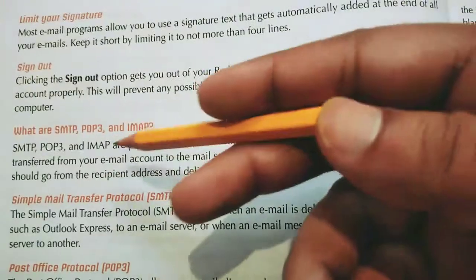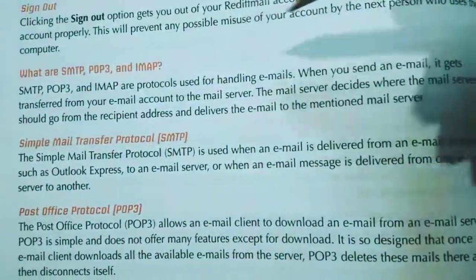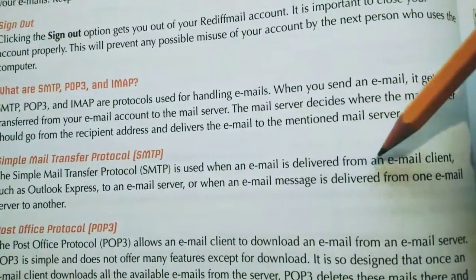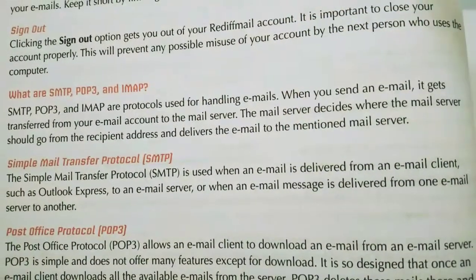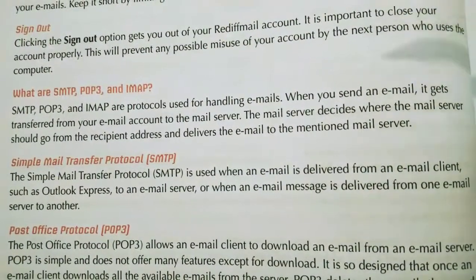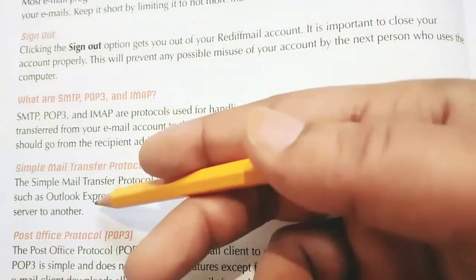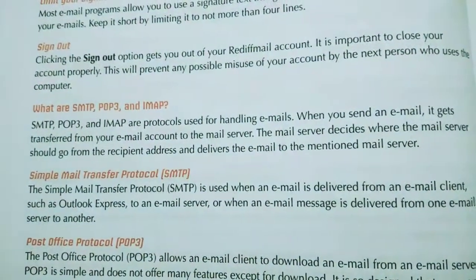Now one by one, see what is SMTP, Simple Mail Transfer Protocol. Simple Mail Transfer Protocol is used when an email is delivered from an email client. Suppose you are the email client, sending one email by using Outlook Express, which is an email software program.